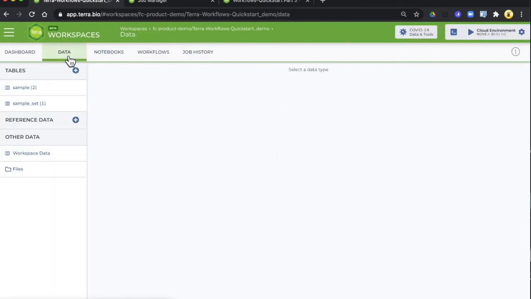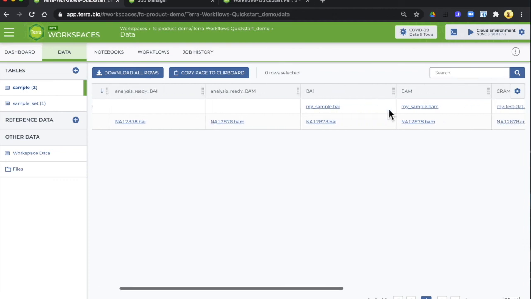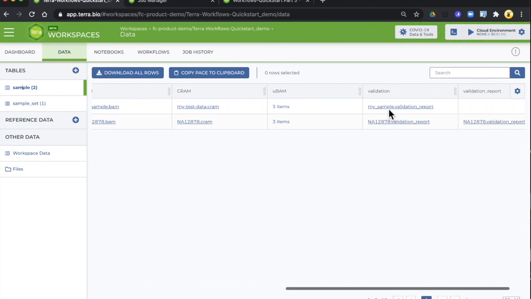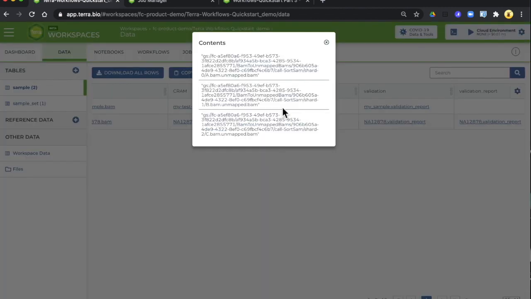And if you go over to the Data tab, you'll see your sample table, in addition to the columns that you already added, has a new column, UBAM, and each of these has 3 files of unmapped BAM